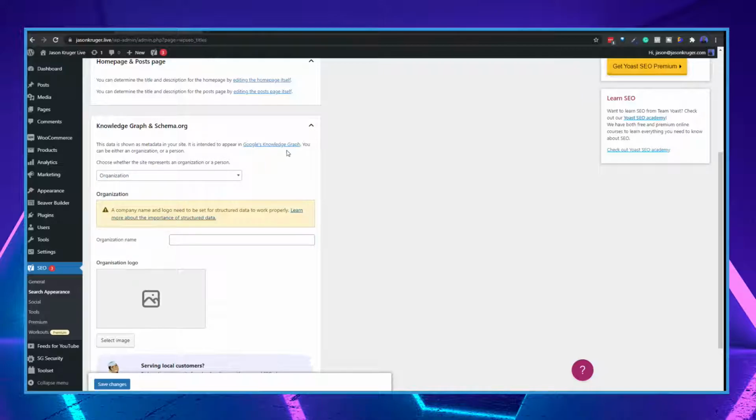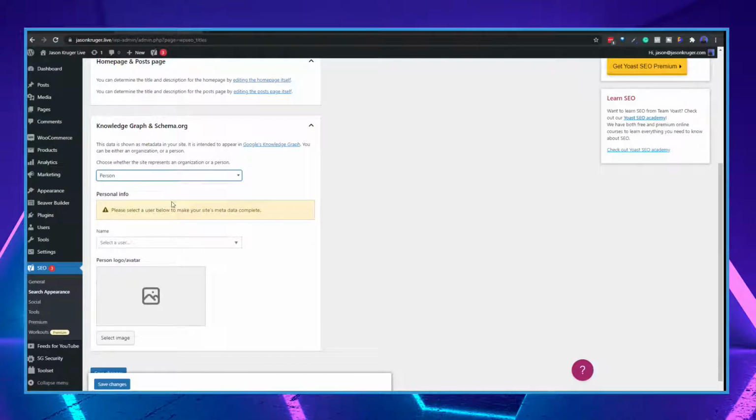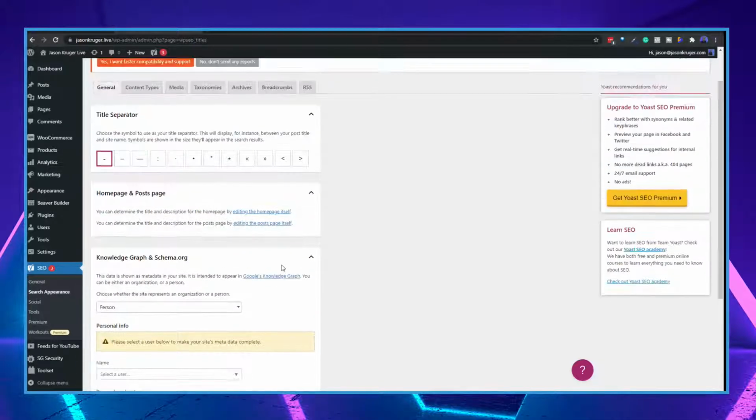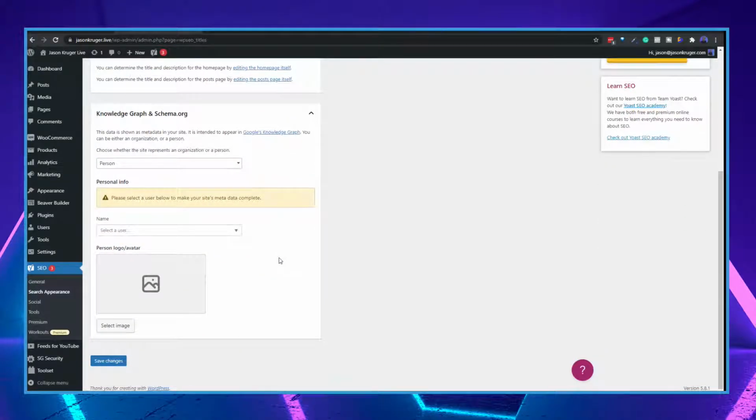So it's Google's knowledge graph. So you can either set yourself as an organization or a person, and then you can select your user from here. You just need to make sure that you have set up your user profile correctly, so you've filled in the information in there, because that will then appear here as well. So just a few things that you need to go through, and to do that, just go to users, look at your own profile,